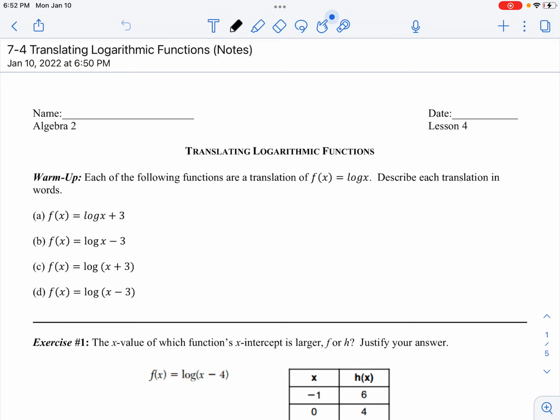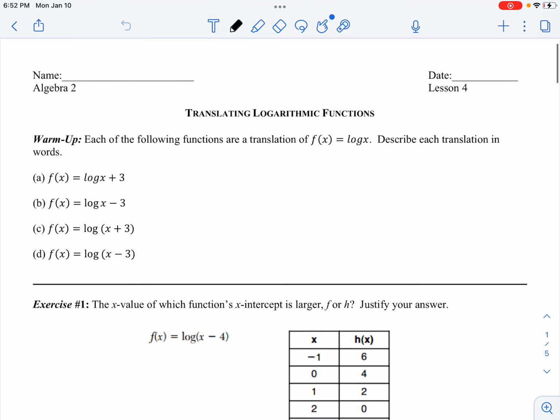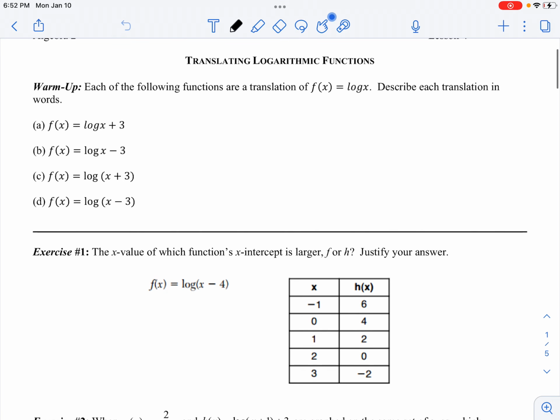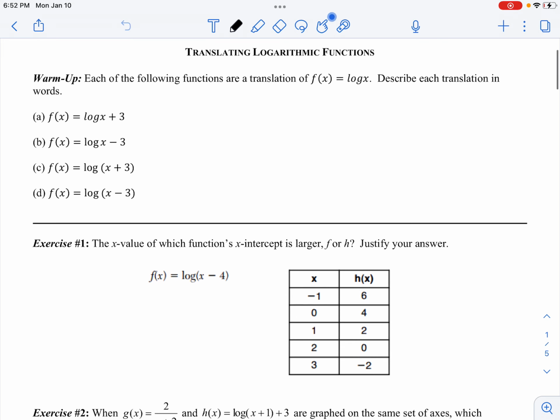Okay, so this video is going to go over lesson 4, translating logarithmic functions. For the warm-up, what I'd like you to do is take a couple of minutes to think about the 4 log equations given and think about what you already know about the transformations of functions. We've looked at properties of transformations this year with other functions prior to logarithms, and see if you can write